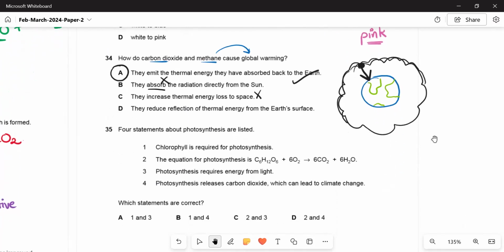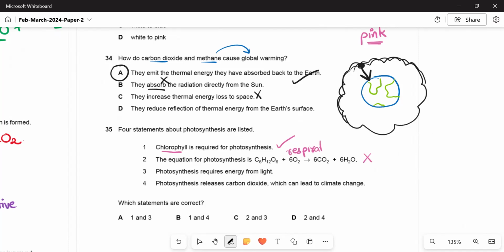Question number 35. 4 statements about photosynthesis are listed. Which statements are correct? Chlorophyll is required for photosynthesis. We all know that this is correct. Chlorophyll is needed for photosynthesis. The equation for photosynthesis is C6H12O6 plus O2 gives CO2 plus H2O. This is wrong because the photosynthesis equation is exactly opposite to this. This is the equation of respiration,